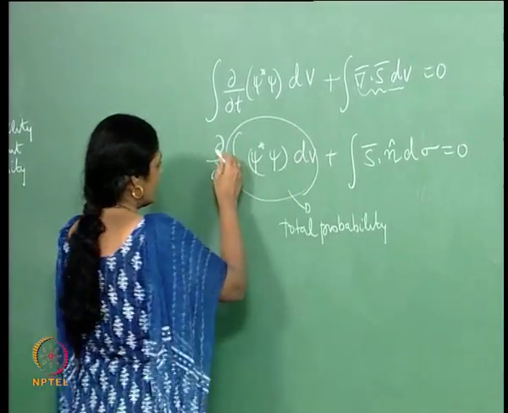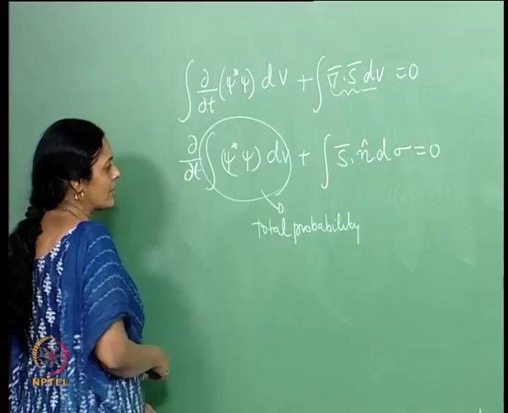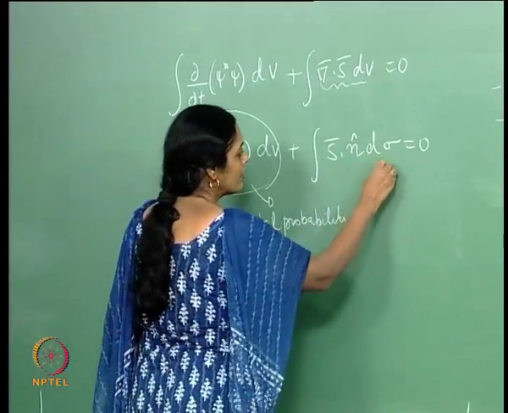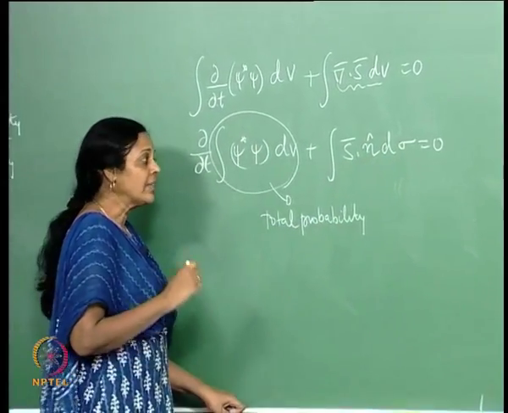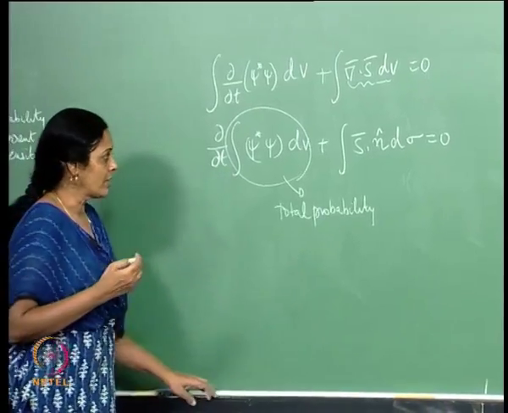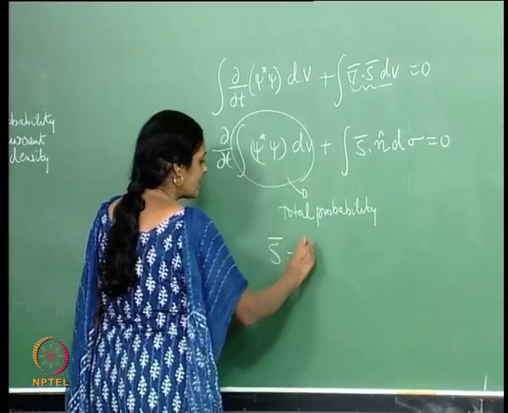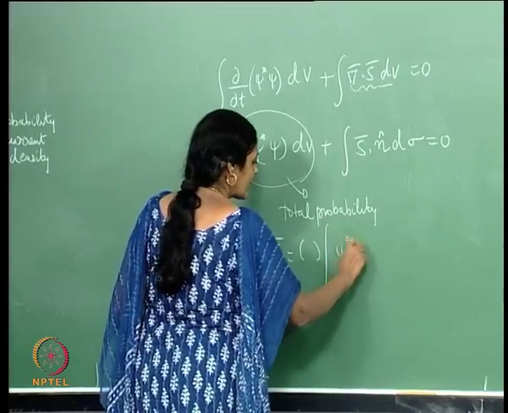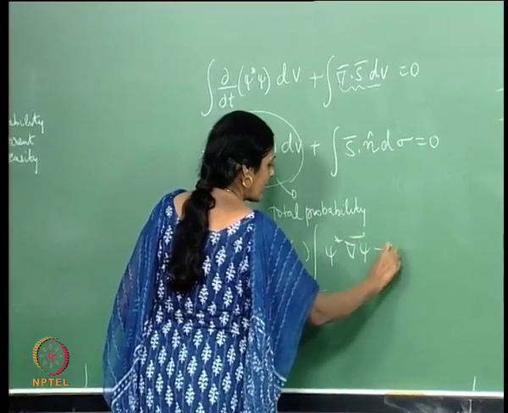That implies that delta by delta t of this quantity is 0, which means that this surface integral should vanish, and indeed it does because of the boundary conditions, because S is essentially psi star grad psi minus psi grad psi star,